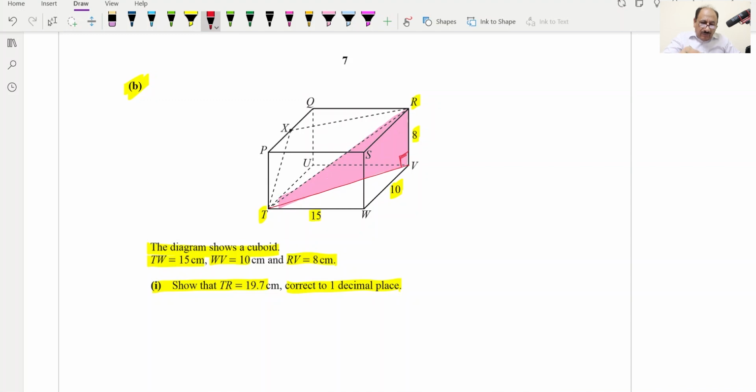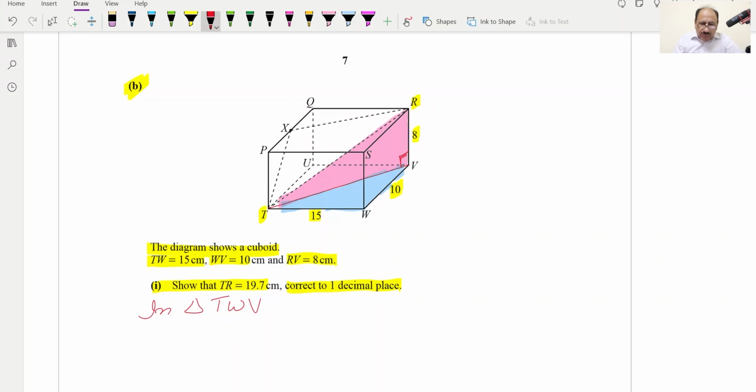So we have to find TV first. To find TV first, in this lower triangle we will find TV, and when we consider this lower triangle, which one? In triangle TWV,